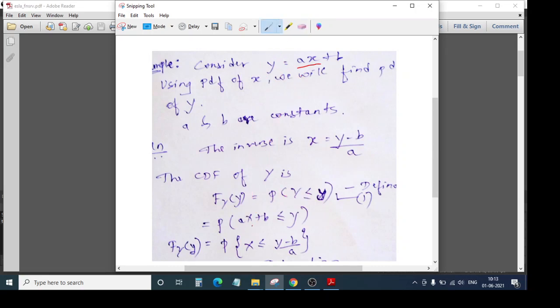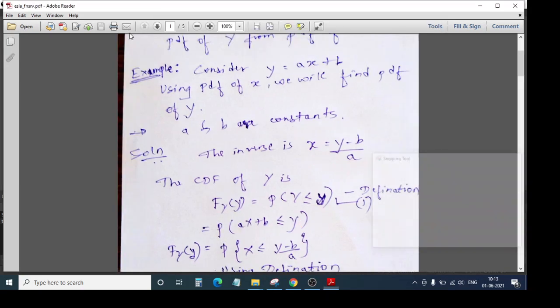So therefore you can see here that this b has been taken to your RHS, the same way as we did here. So this is y minus b, then this a, which is beside x, will be divided, so it is (y minus b) divided by a. Okay, so this is how we will be doing it.